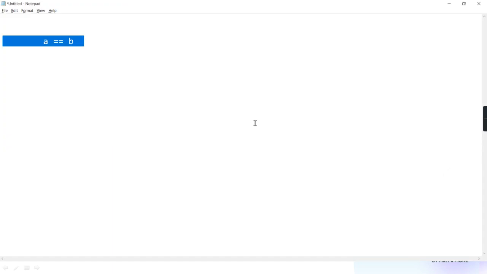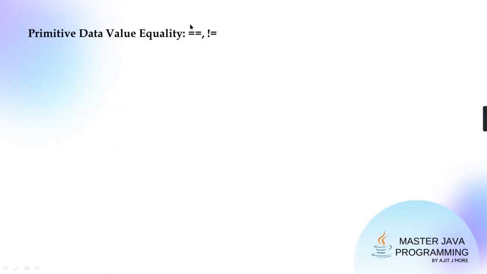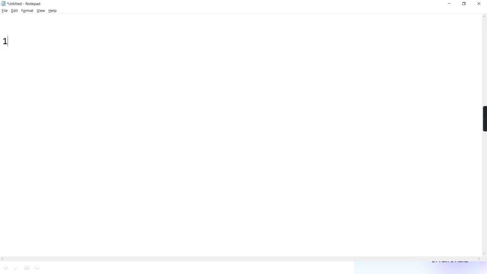Okay, so first we are going to talk about this equality inequality. Remember, first, it is a binary operator, because it's going to operate on 2 operands. Second, the result is always Boolean.